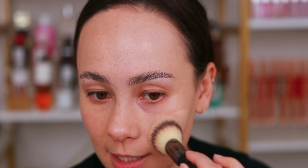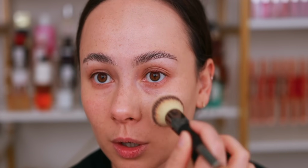I also like the really thin feel of it, but it does have buildable coverage, and it's really up to you how much coverage you get with this. Like, you can get a light coverage like this, or if you want, you can build it up. I'm not saying this is the number one foundation in the world, but it's a really good one. And ever since I tried this and it launched, I've always recommended it to you guys